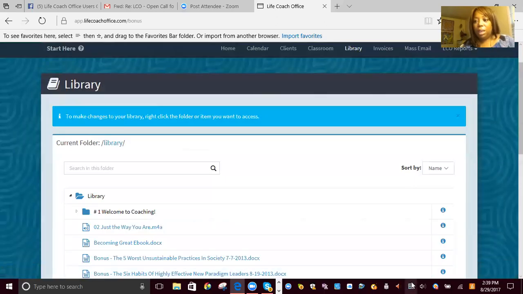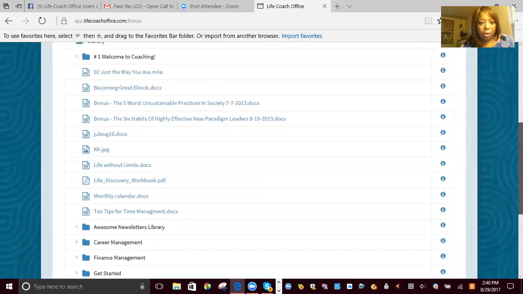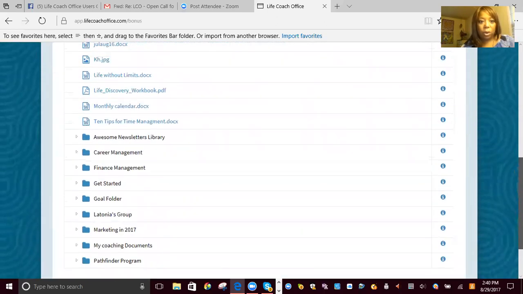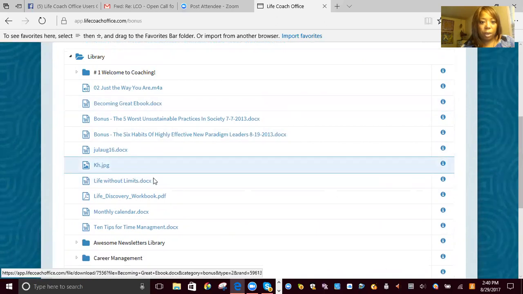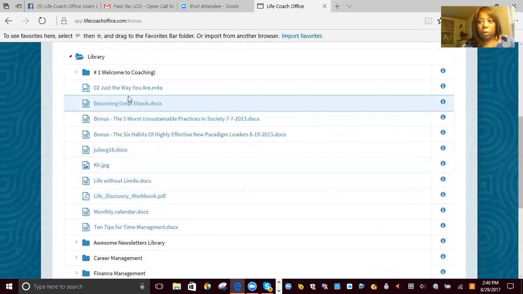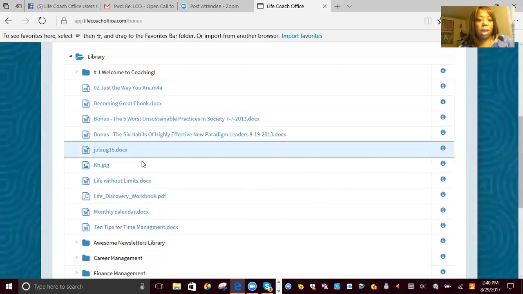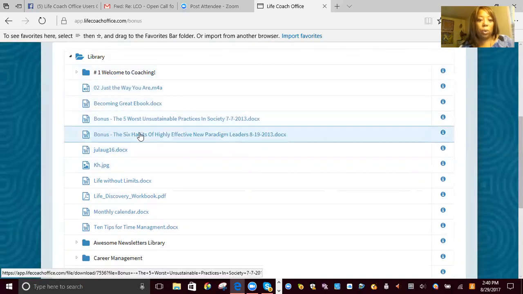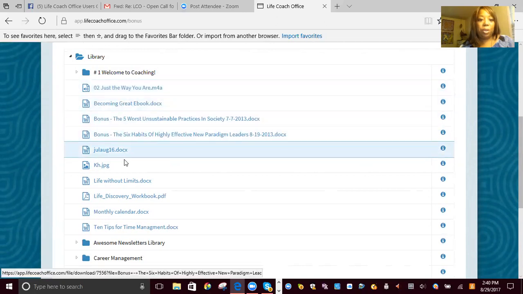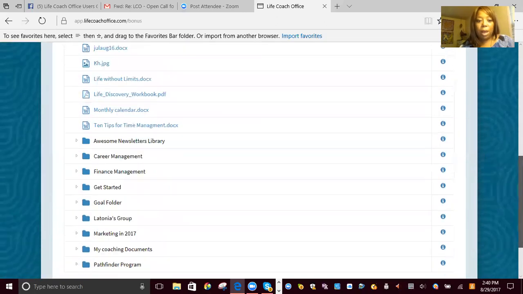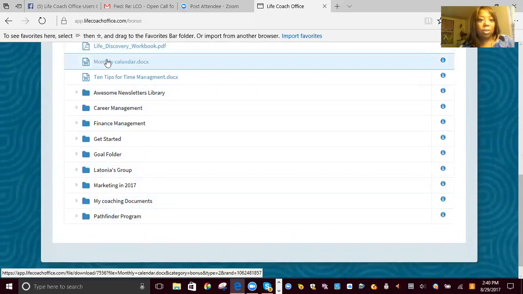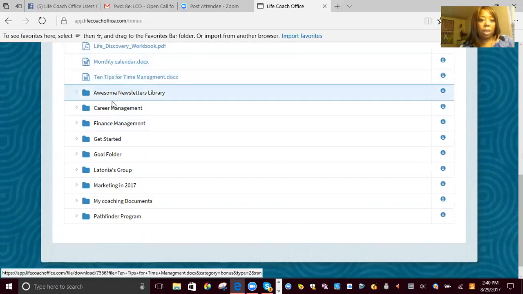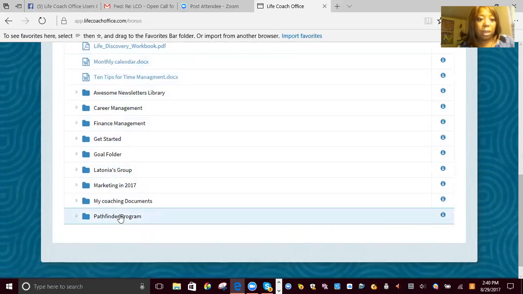Okay. The thing about the library is that everything appears in alphabetical order. Let me show you what you're looking at here. All of these documents here are documents, JPEG, there's a picture, PDFs, this is an MP4, which is music. These are all things that are not in a folder. Therefore, they appear first. At the bottom, these are all folders. Okay? These things are not associated with the folder right now. These things are all folders that may or may not have things in them